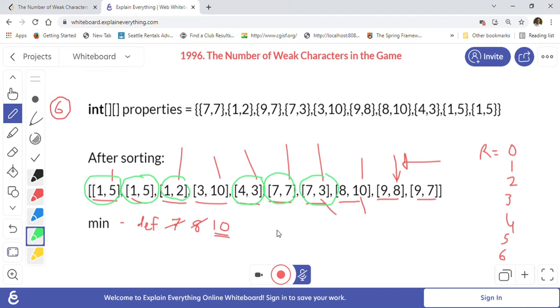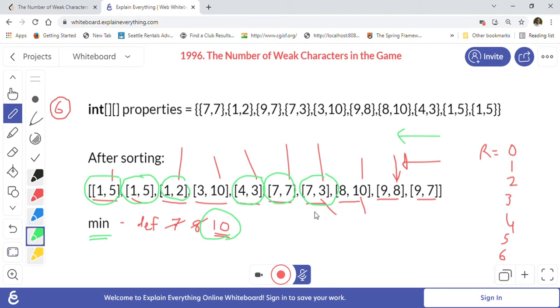So the reason for sorting is to make sure that when we are traversing in this backward direction, we keep track of a variable called max, and we keep updating that max value when we find a larger value for defense, right? For example, it becomes 7 first, then 8, then 10. Because it's a larger value, we keep track of it when we find it. And whenever we see any pair which is less than this max value,